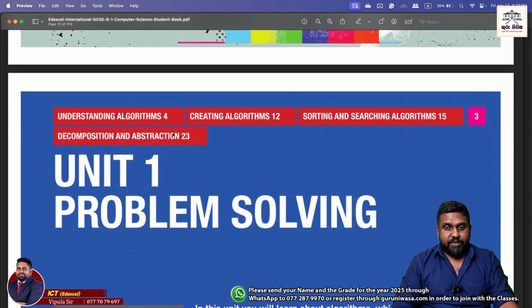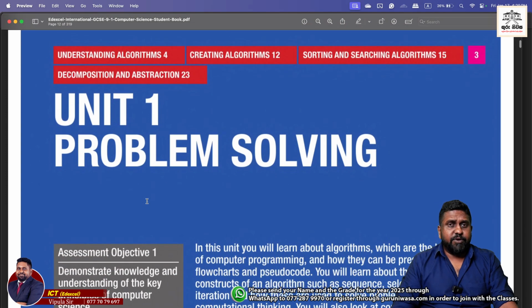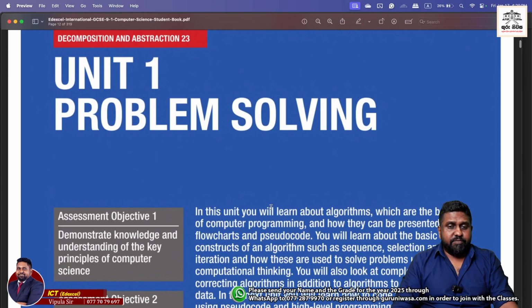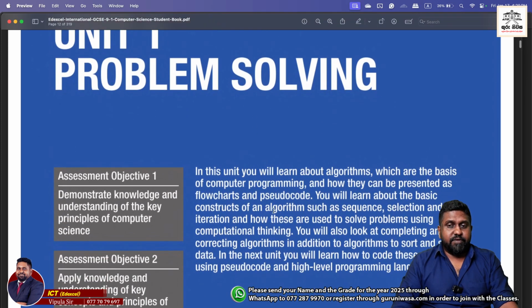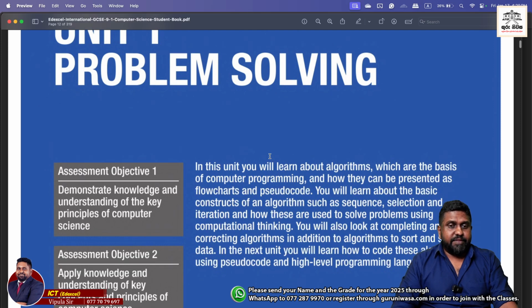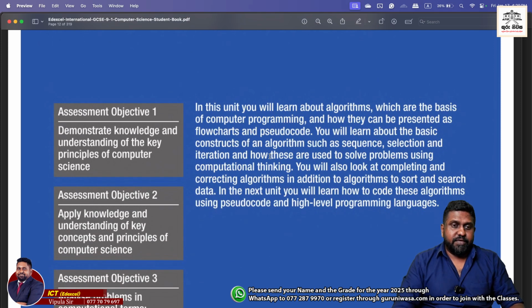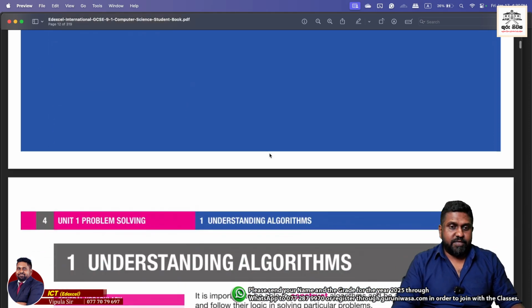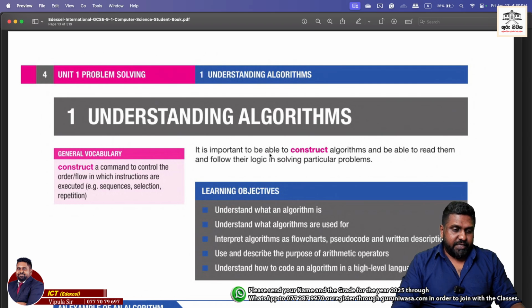But then again, here I will show you a different approach. When you take unit 1, you can see this is talking about problem solving, right? Here we have the algorithms, the details, and all of the points, which are basically talking about the assessment objectives and so forth. So this has almost everything in a very simple way, right? But the thing is, the other way around: